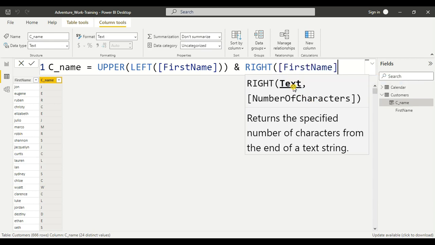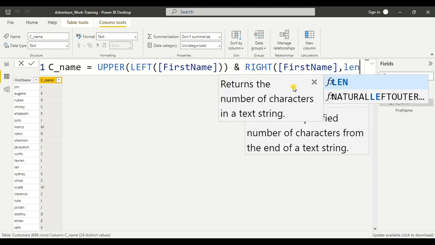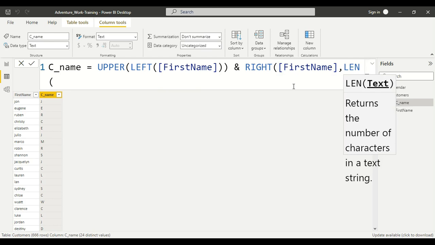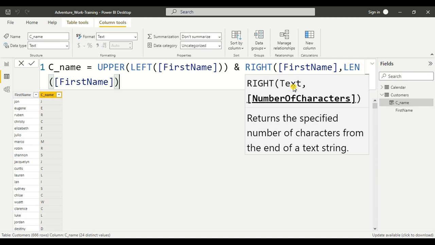I'll provide the text as first name, and instead of the number, I will provide the length of the characters by using the LEN function, first name, close the parenthesis,